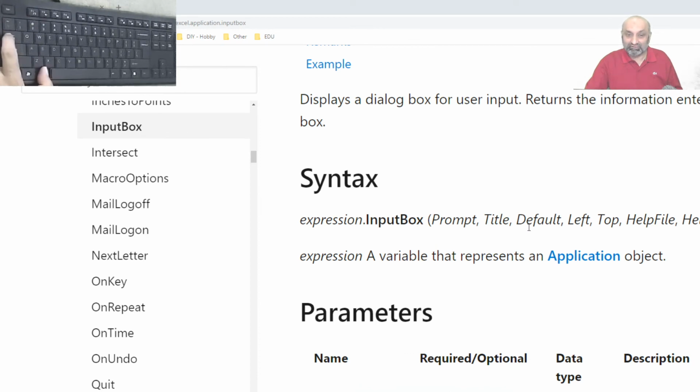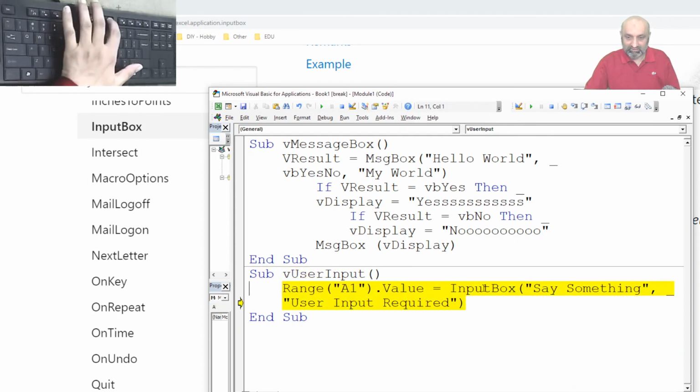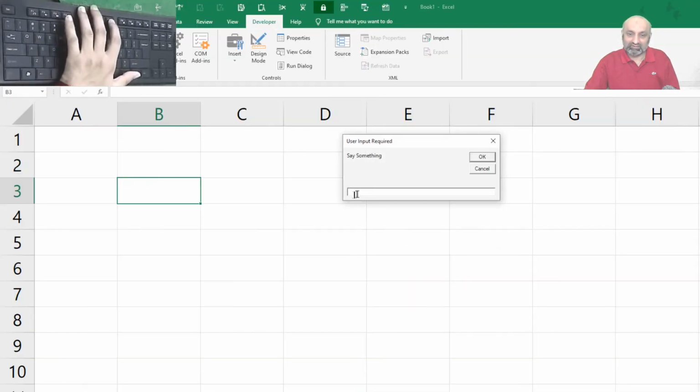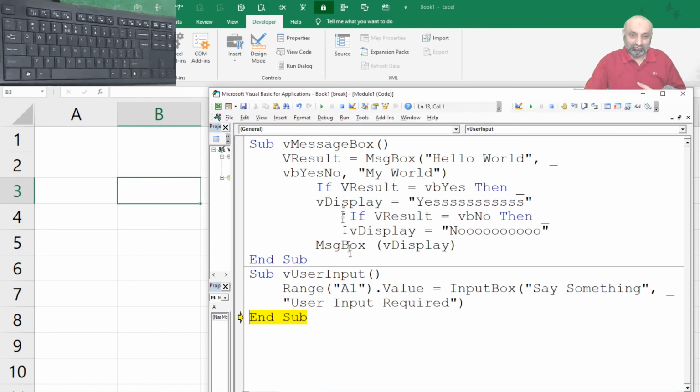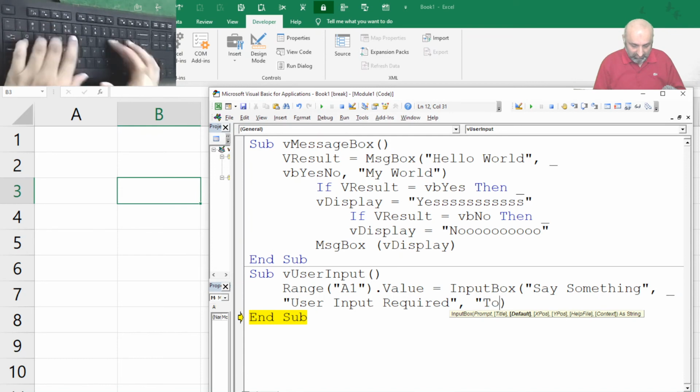And then there is default. What is default? Default is whenever I run this input box, there is no default value present in this cell, or you can say in this input field. So if I want to show something, what should we say? We should say today is not Monday.